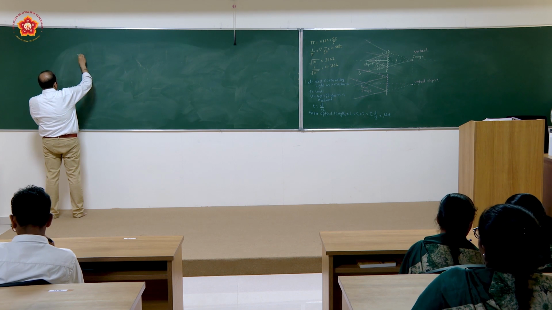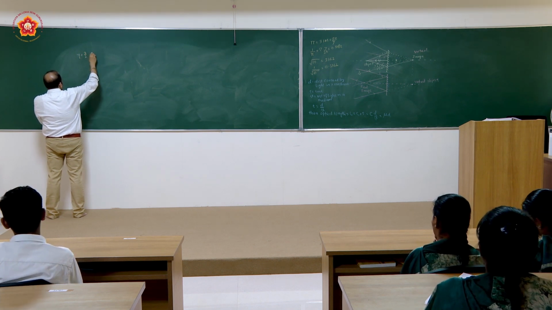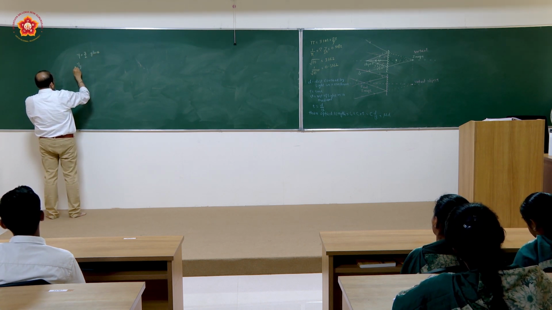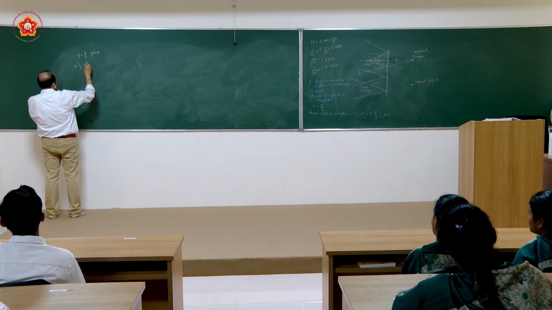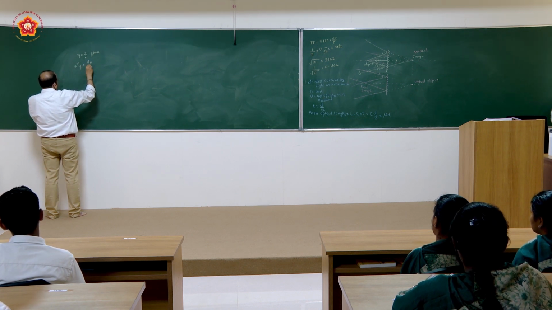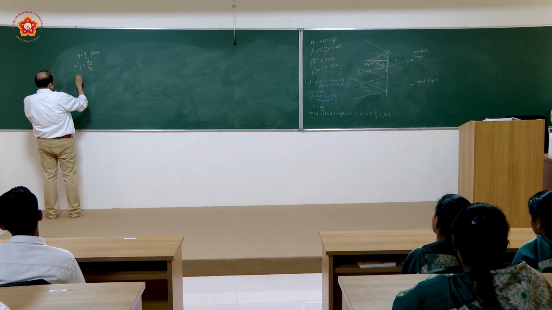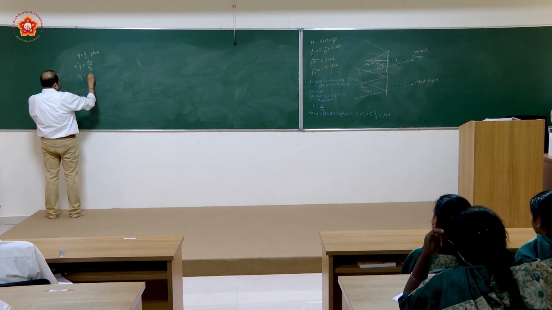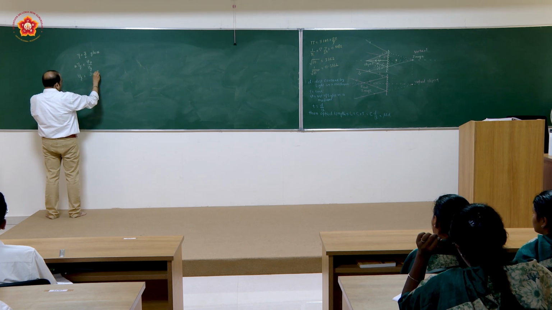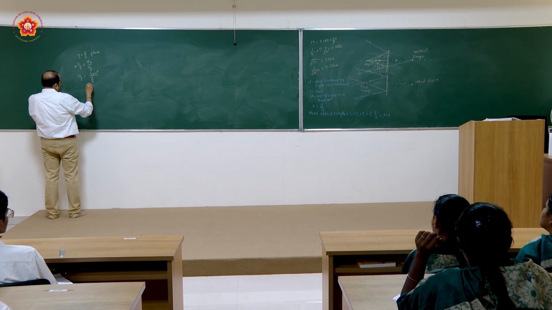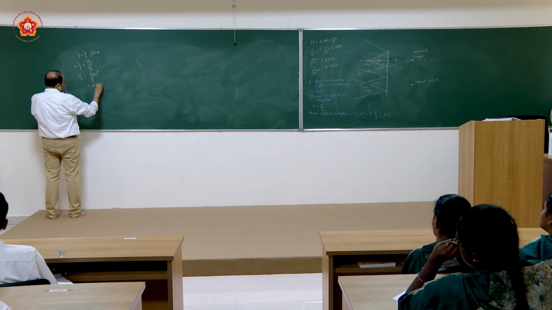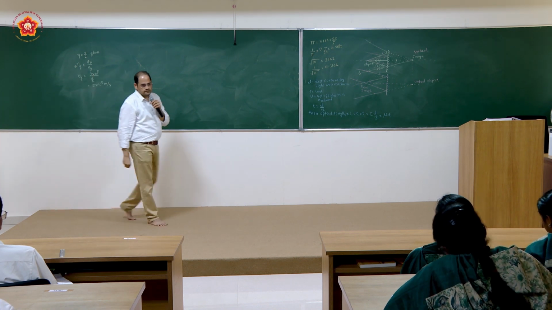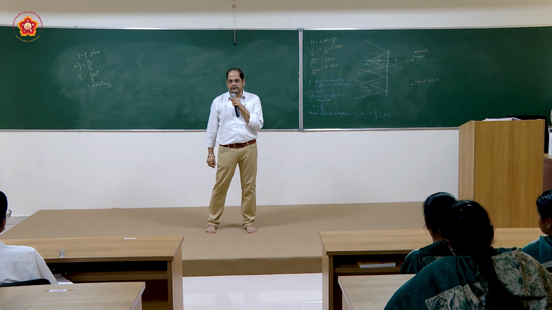The refractive index of glass is 3/2. So refractive index of glass with respect to the vacuum will be taken as equal to velocity of light in a vacuum upon velocity of light in a glass. So velocity of light in a glass will be taken as equal to velocity in a vacuum, 3 into 10 to the power 8, divided by 3/2. So your answer would be 2 into 10 to the power 8 meter per second. Able to get this part? यहाँ तक समझ में आ रहा है?